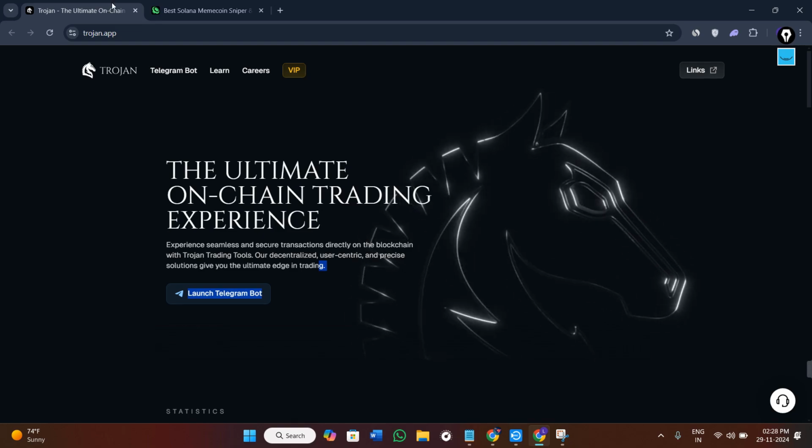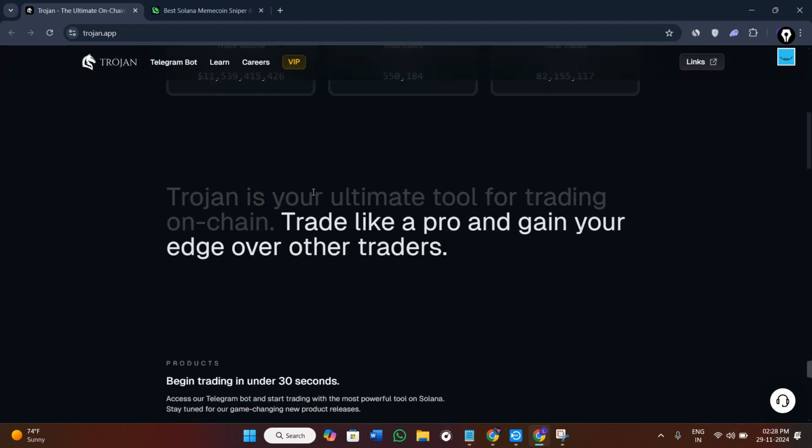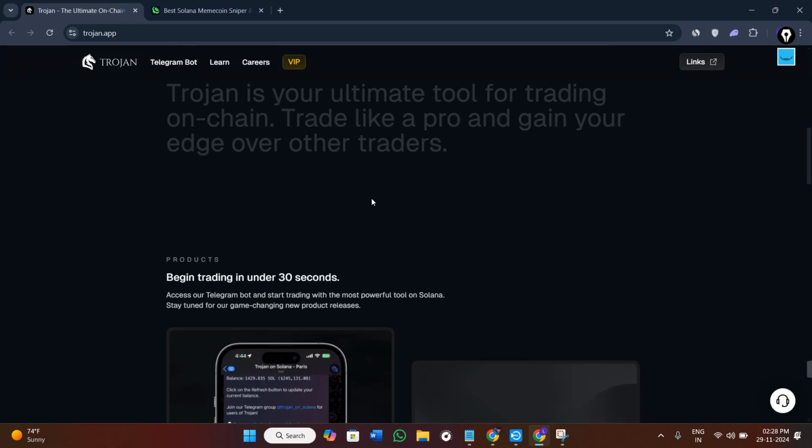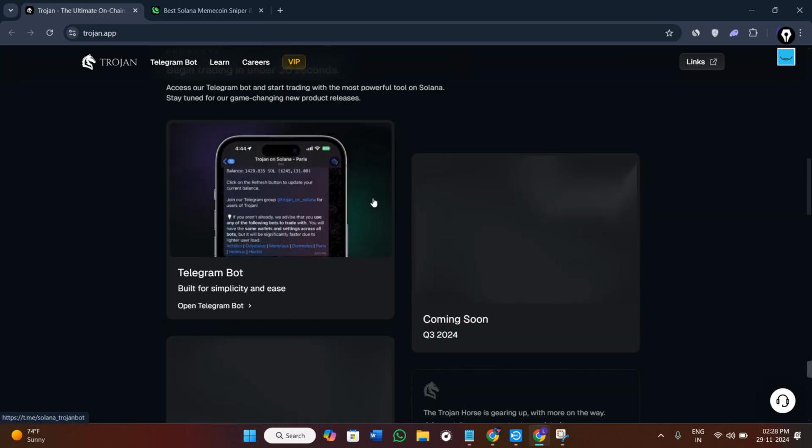Now, first of all, we have Trojan Bot. This Telegram-based trading solution is optimized for the Solana network. Trojan Bot is built for speed and efficiency, offering advanced automation tools like DCA strategies, copy trading, and a cross-chain bridge between Ethereum and Solana. So, if you are looking for fast, automated trades and asset transfers between two major blockchains, Trojan Bot could be